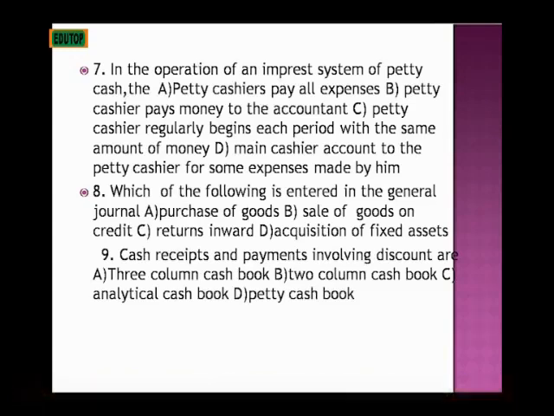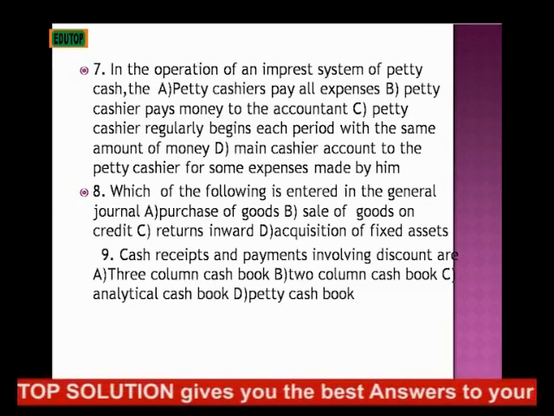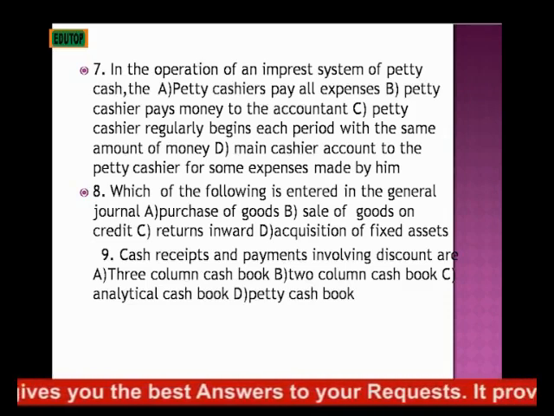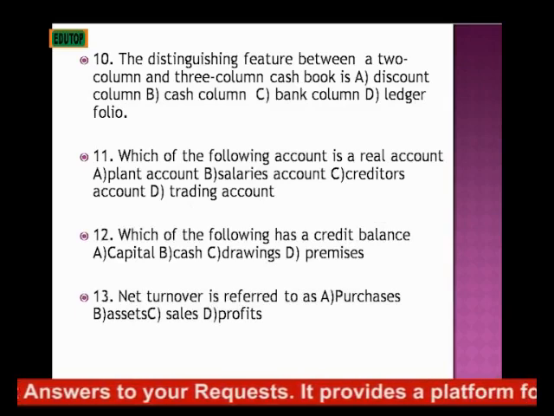Question number 9 says cash receipts and payments involving discount are recorded in A, 3-column cash book, B, 2-column cash book, C, analytical cash book, D, petty cash book. Then the number 10 question says the